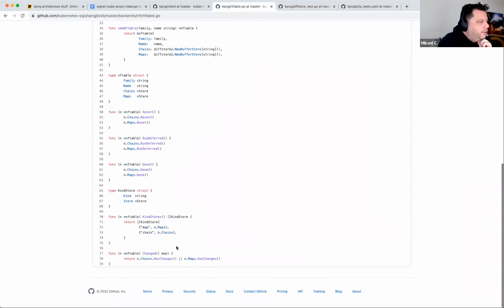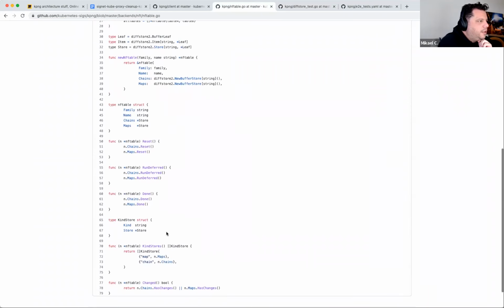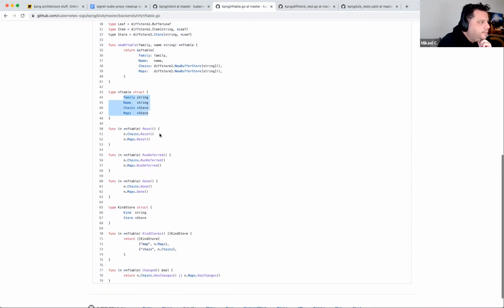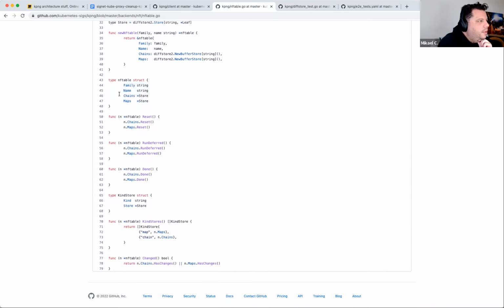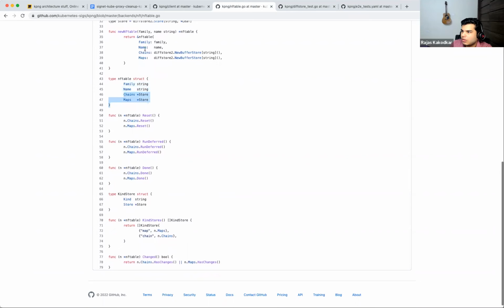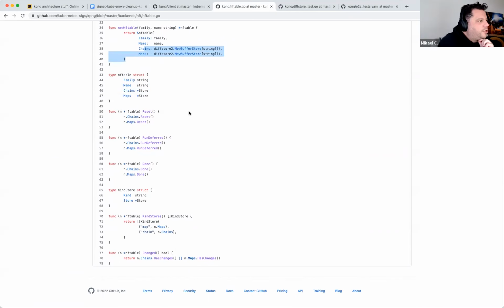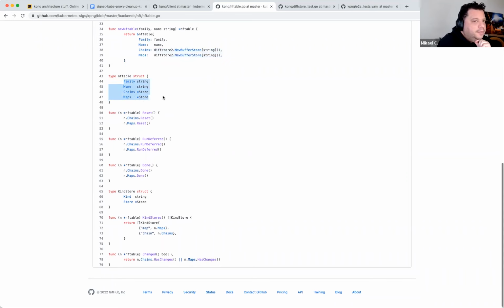So that's a representation of one nftable that's taking advantage of the store. Got it. So to build a store, I just have a family name, the chains inside it, and the maps inside it. So your iptables chains and your ipsets, it's kind of the same idea.